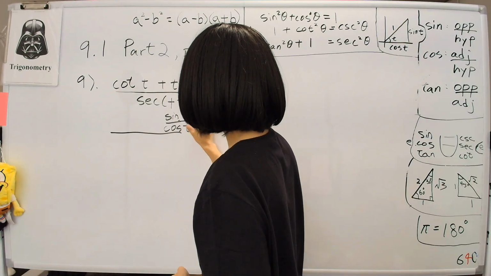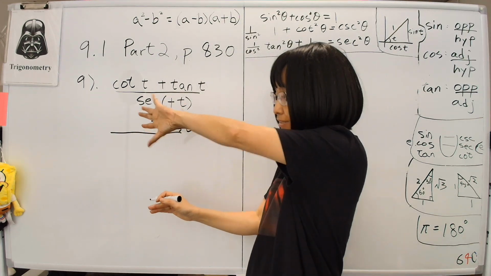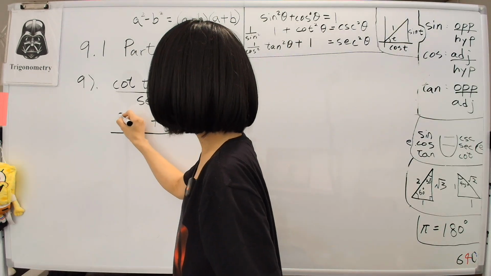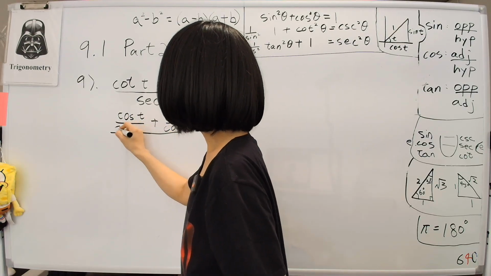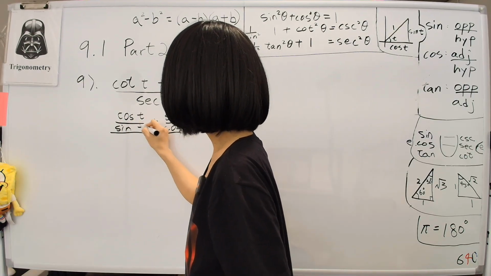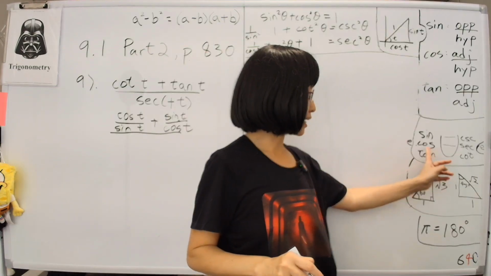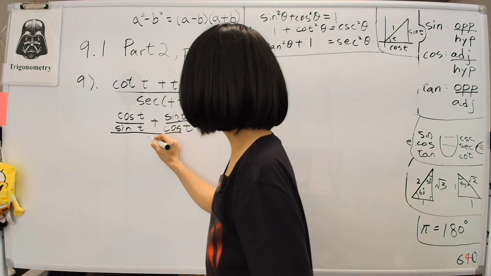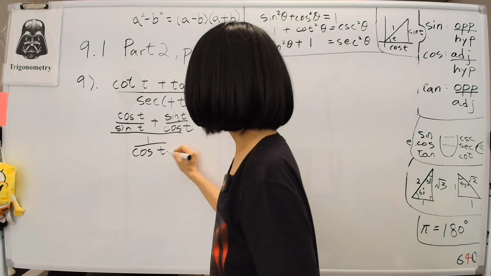So this is sine t over cosine t. And then cotangent is flipping tangent upside down. So cotangent is cosine t divided by sine of t. And then secant is 1 over cosine. So we'll write down secant as 1 over cosine of t. So then